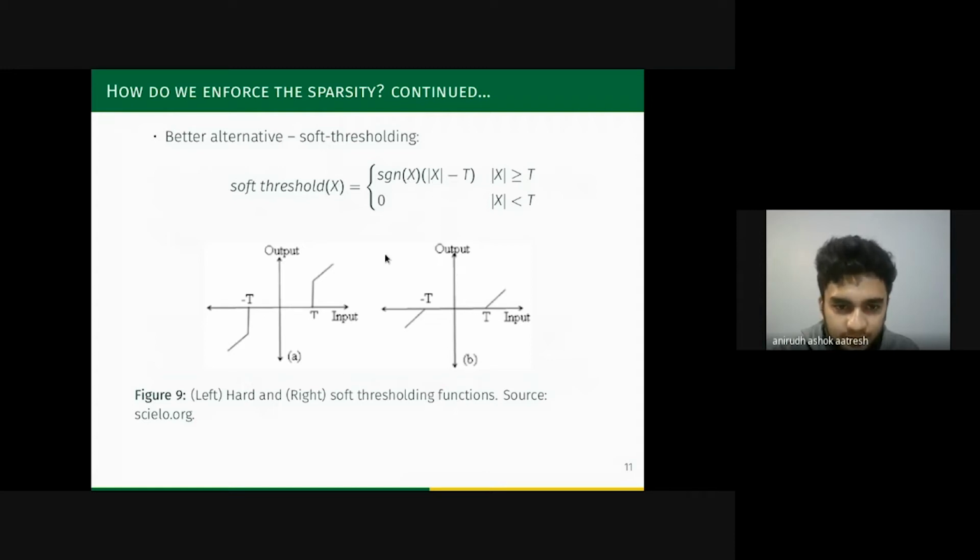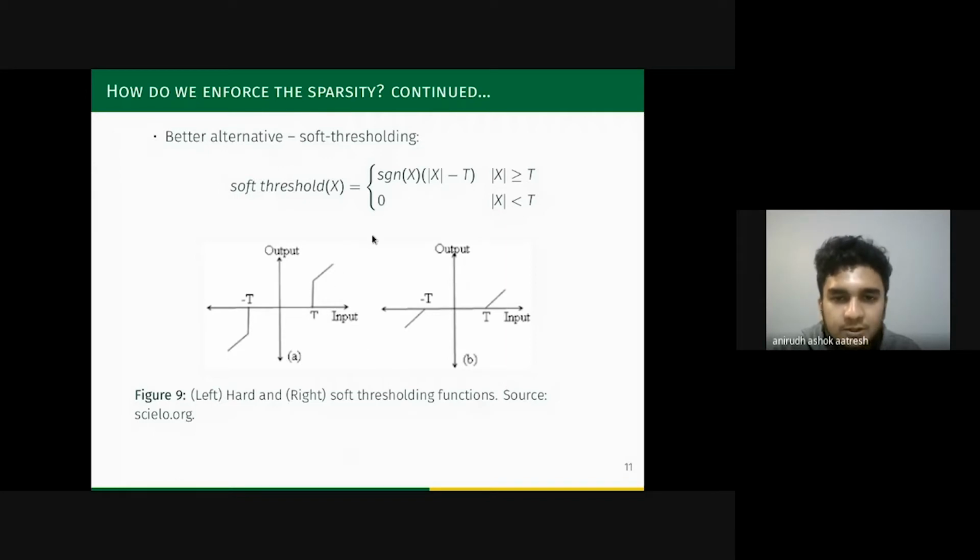So before I get into that, figure 9a represents the hard threshold function. Here all the values of the signal input that are between t and minus t will be considered 0, and all the values that are greater than t or less than minus t are retained as they are.